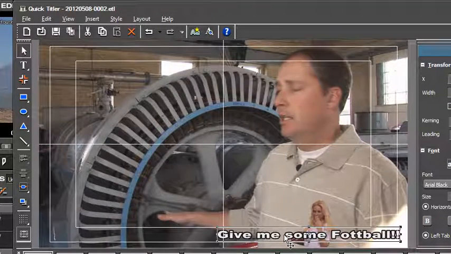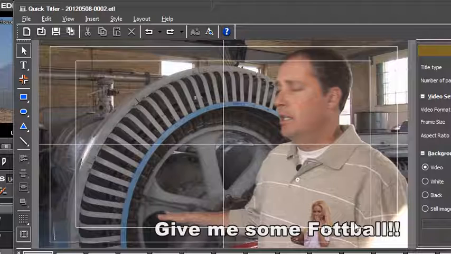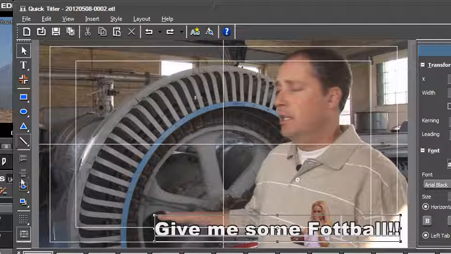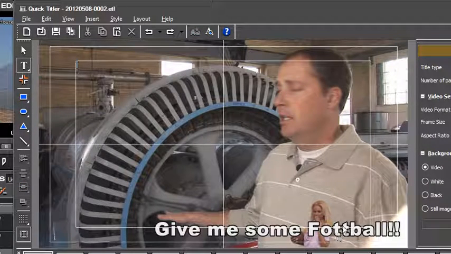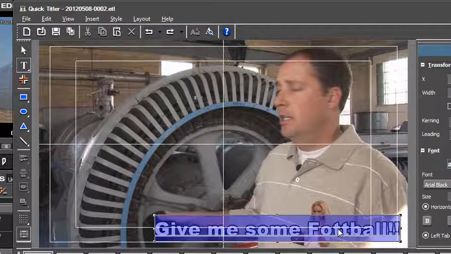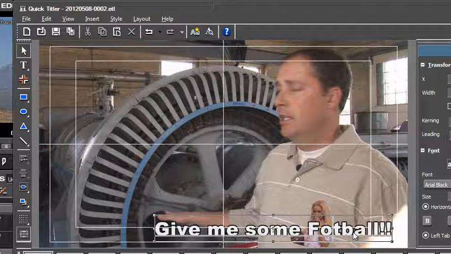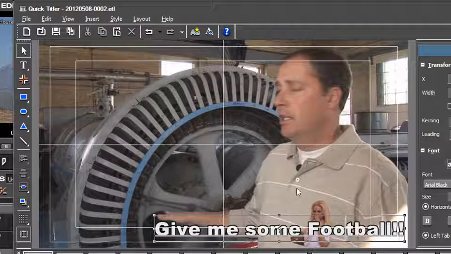If you just grab it and don't do it that way, it's going to allow you to reshape it almost, and it would really help a lot better if I typed in the correct way of typing football. In fact, I'm having a hard time believing that this is the first time I've actually misspelled something in this. But what I'm going to do here is, like I said before, size it down